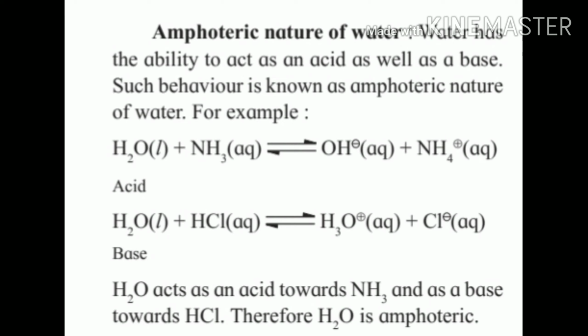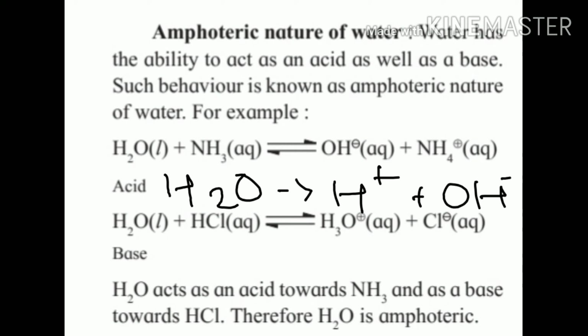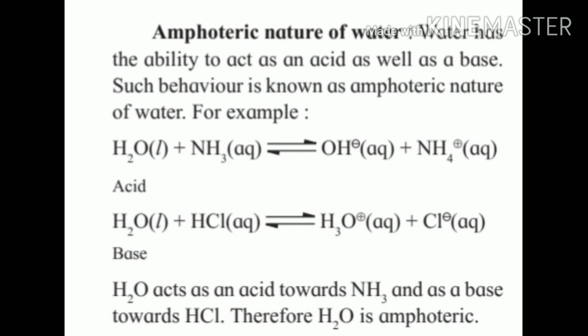Now they have given one example here. In the first example, water is reacting with ammonia, right? So here water is considered as the acid and ammonia is the base. Because H2O is the acid, of course it is going to have H plus, that is a proton, and it is going to donate the proton to the base. So if one H from H2O goes, then it is left with OH minus, right? And if NH3 is accepting that H, then it is going to become NH4 plus. So here H2O is acting as an acid and NH3 is acting as a base.